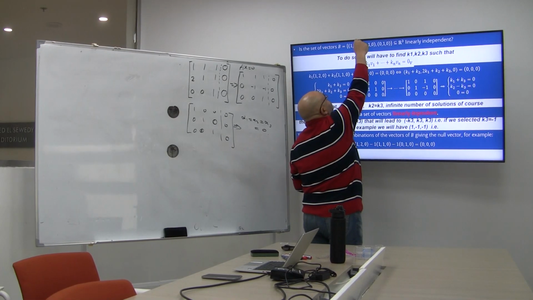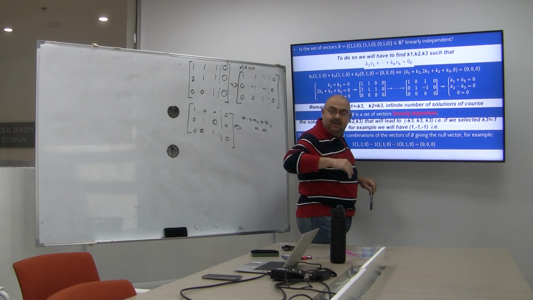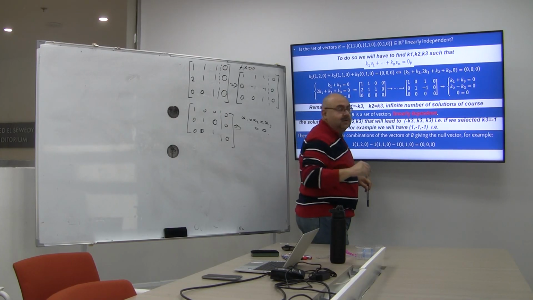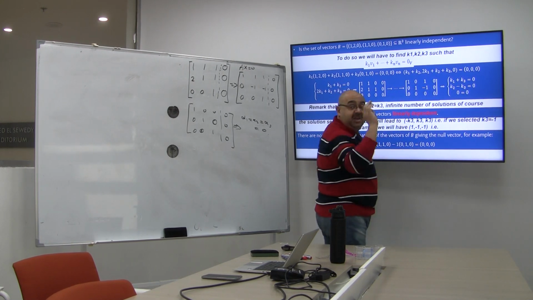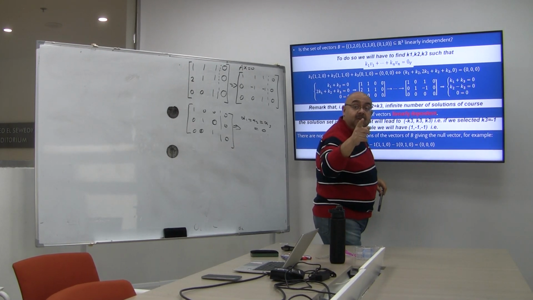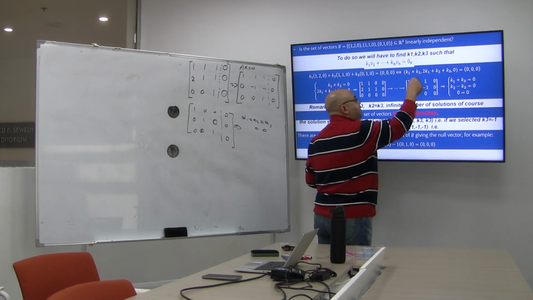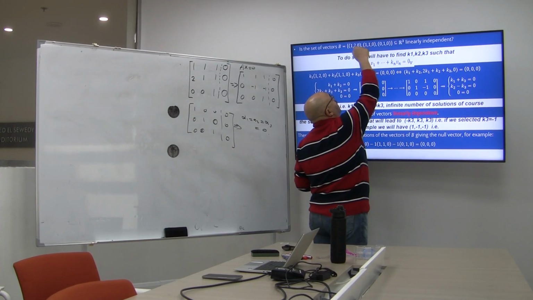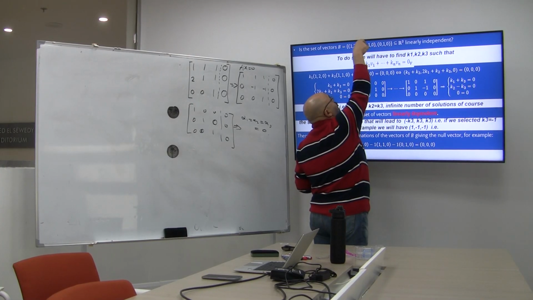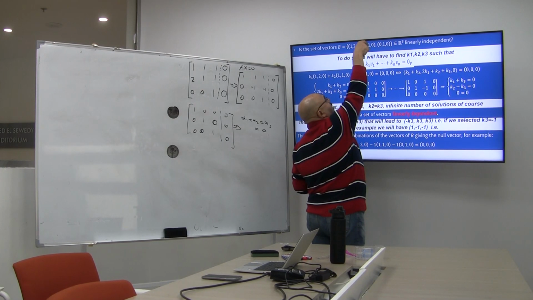So I will choose the first vector to be with me in the linearly independent set. The pivot of the second vector, or of the second column, will exist in its place, am I right? So this is vector 2, which means this one and that one, those two vectors,